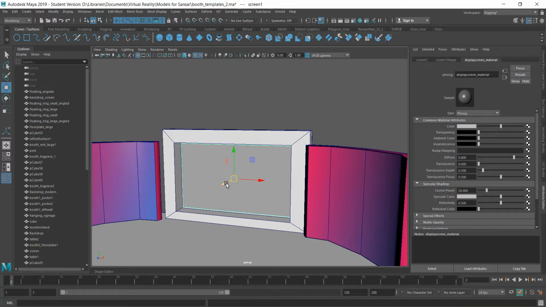Now, one of the limitations of Sansar, unfortunately, is that it only lets you play one media stream per scene. You can stream video from YouTube, from Twitch, from other sources, and have that coming into your scene, but you're only allowed to pick one video input stream. You can have more audio streams coming in, but as far as video streams go, you can only have one. That one stream can get replicated on multiple surfaces, but you can't have multiple different videos playing simultaneously in